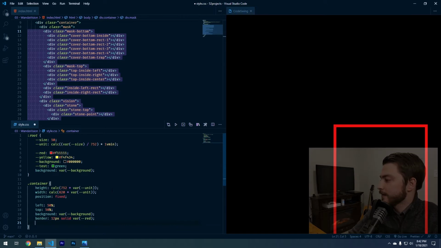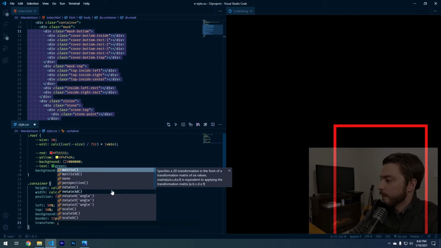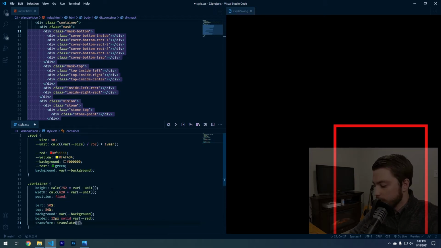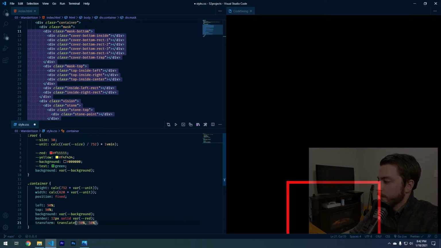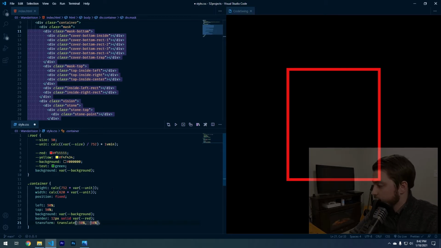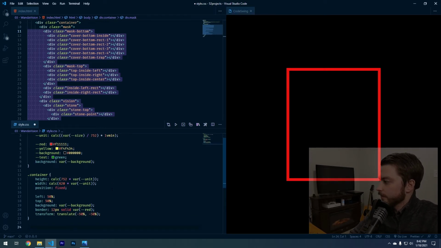So let's now do a transform and then translate negative 50% and 50%. Nope, negative 50% and then negative 50%. So that will be exactly right in the middle, and this is the size that our logo is going to fill once we're done making it. Okay, so now